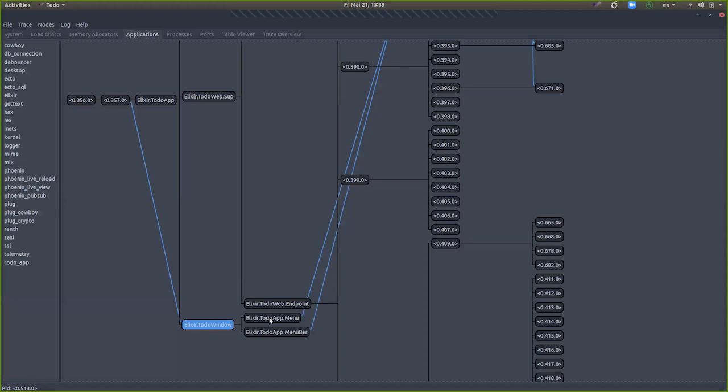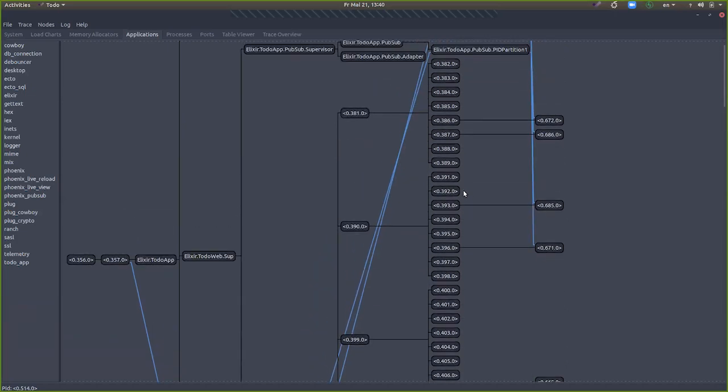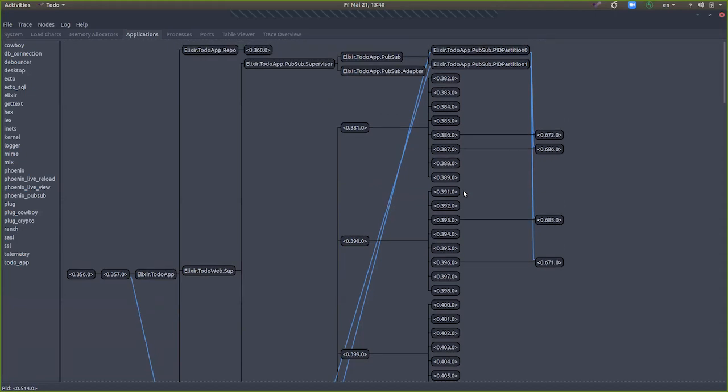And that has right now two items. It has a menu and the menu bar, which is this up here, and the one that is just in front of our application window. And they're being supervised. So if there's a bug, they're being restarted. It's not crashing your application. It's just crashing those. And they are linked to PubSub because they're actually listening to those notifications when anything changes.